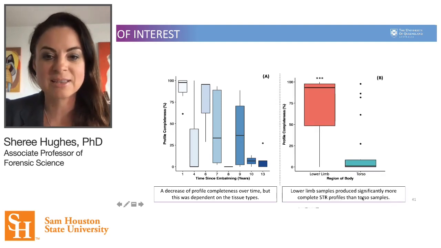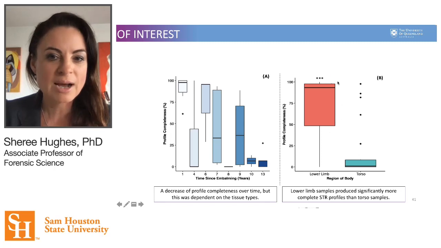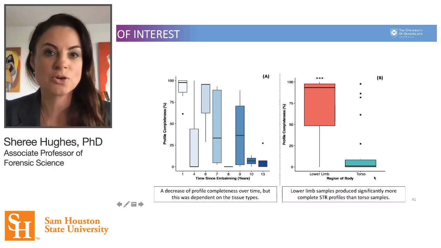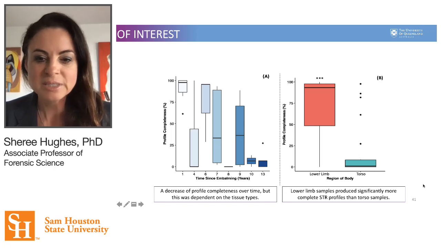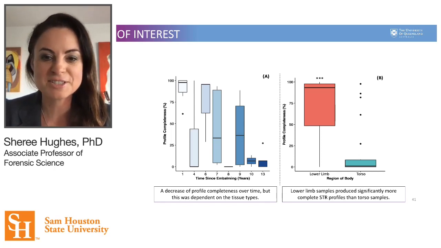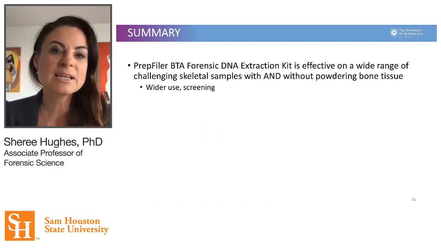Another little interesting thing we found was that we recovered a lot more higher quality DNA that led to more complete profiles when we recovered the tissues from the lower limb versus the torso or upper limb part of the body. So we thought that was interesting, that warrants further investigation. So really, to summarise this talk,